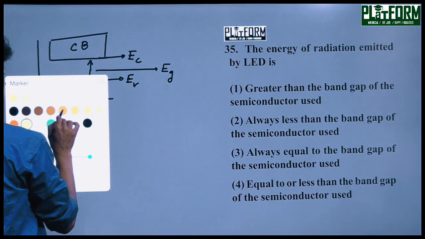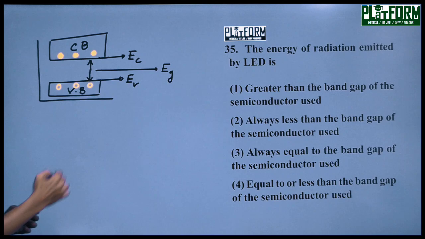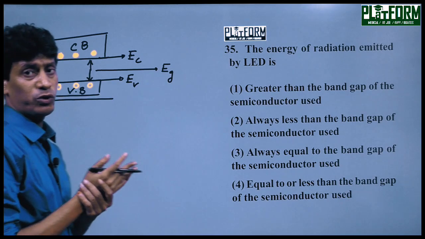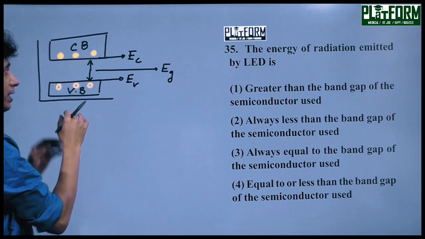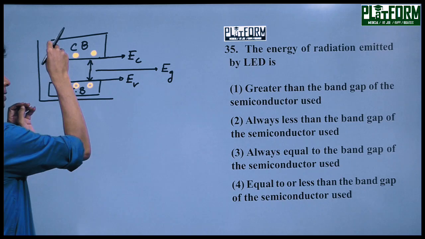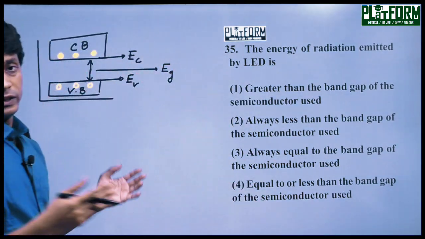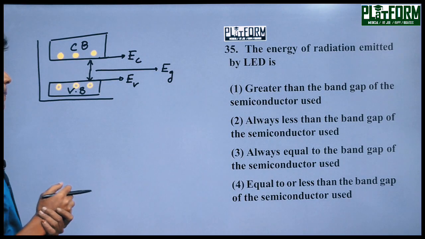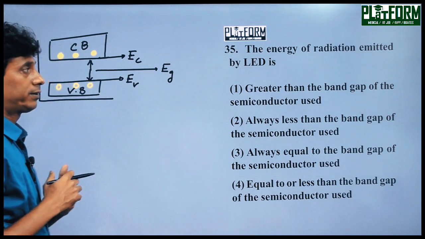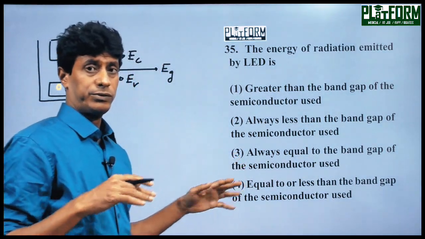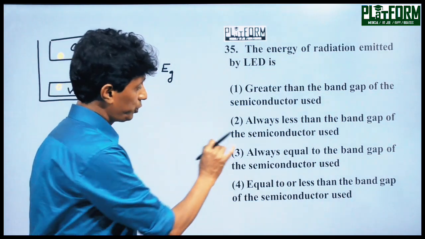Here, when an electron from the conduction band jumps into the valence band, if the semiconductor is excited externally in forward bias, the electron may jump from the conduction band to the valence band. Due to this transition of the electron from the conduction band to the valence band, we get the radiation emitted by the LED, that is, light emitting diode. So the energy of the radiation emitted is equal to the band gap. This is actually the answer. We can say always equal to the band gap of the semiconductor used, but before choosing the right option here,